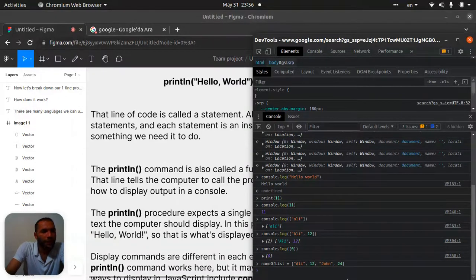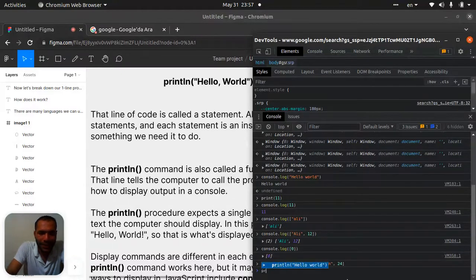Now, if we want to display only Ali or John, what do we need to do? Please don't be crazy. I'm just showing you what you can do in the future. It's easy.